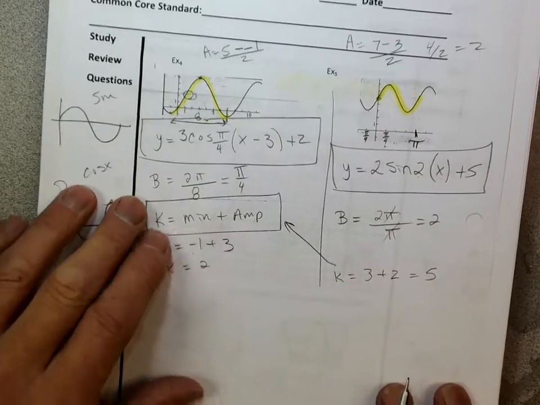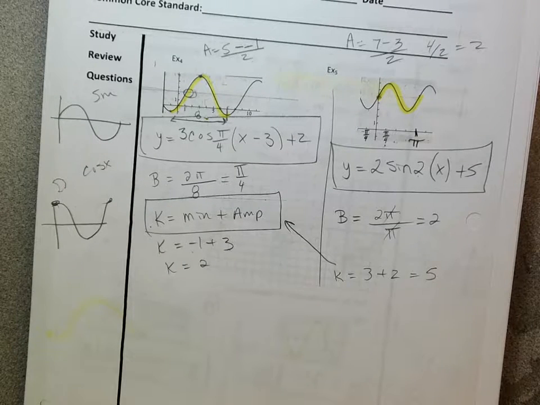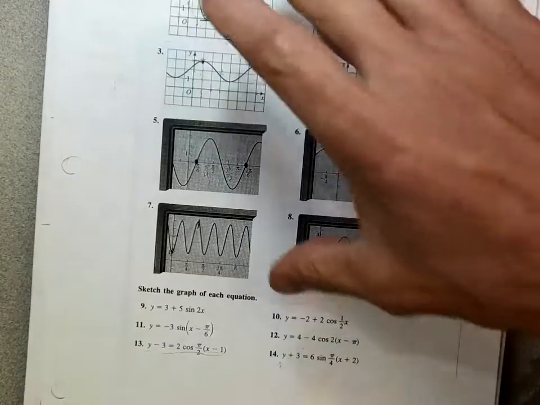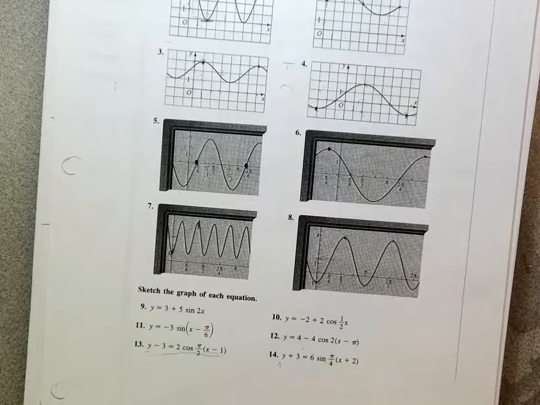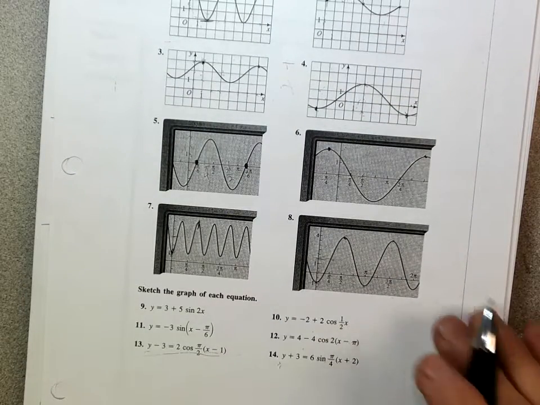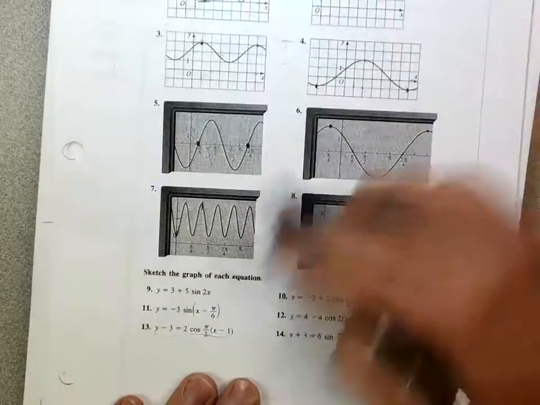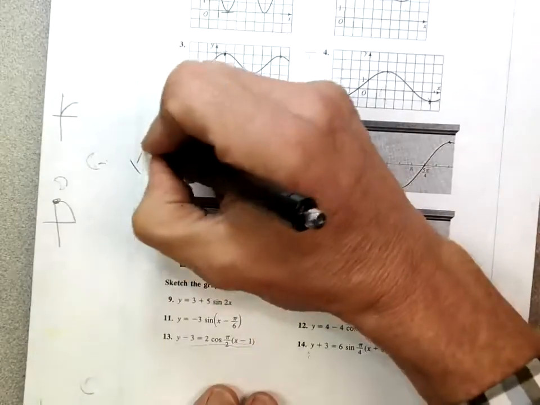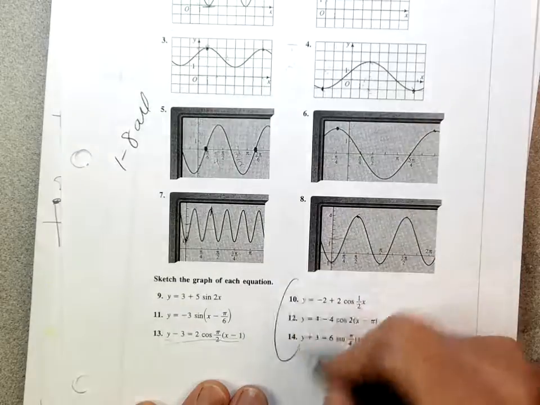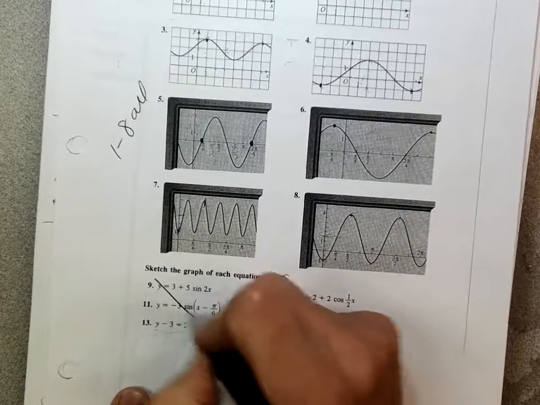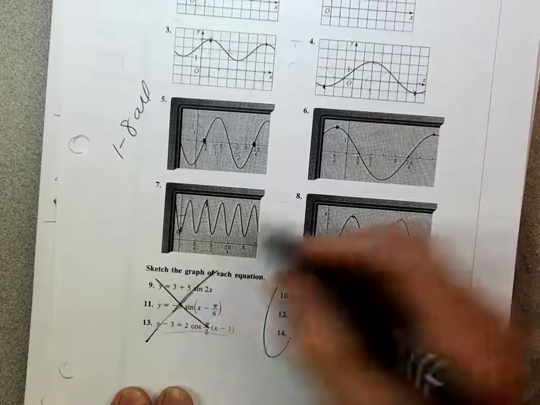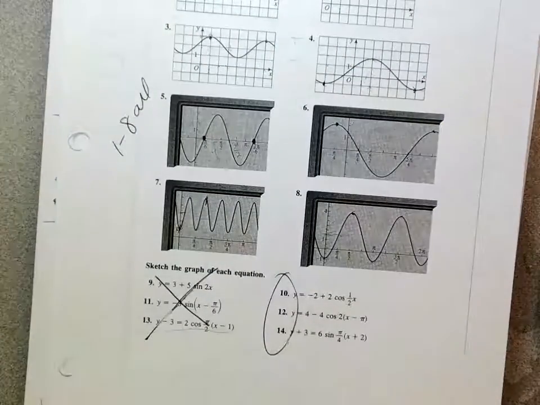All right? Now, I've got a worksheet. So, on the worksheet for you, I'm going to go ahead and put this up here, and then we'll stop recording. But on the worksheet, you need to find the equations, right? And then on the graph, you need to listen carefully. So I want you to do all of the equations. I want you to do all, 1 through 8, all, okay? But then I only need you to graph 10 through 14, so you don't need to do 9, 11, and 13, all right? So, ready, set,